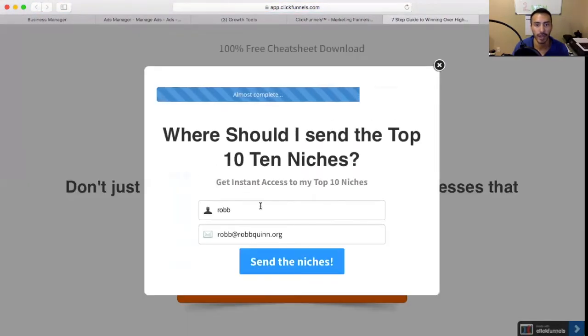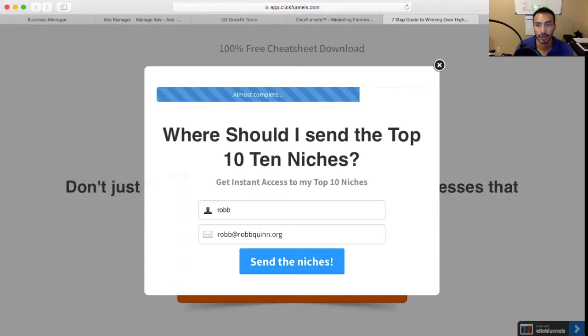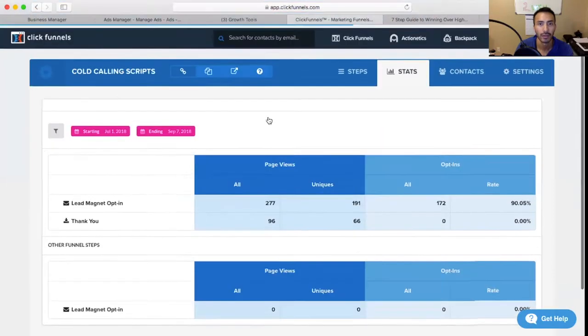They click download now. They enter their information. Now here's what's going to happen. They're going to enter this information and it's going to send them an email. We all know how that works, right? Well, after you set up that right here, they set this up to where it goes to an email, which for me is Active Campaign. And by the way, how you do that